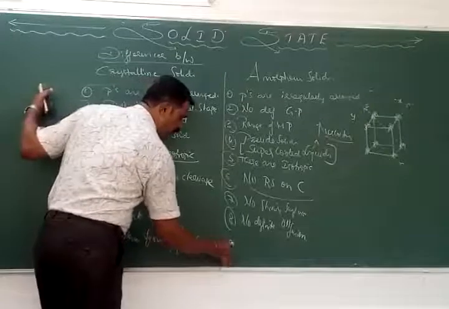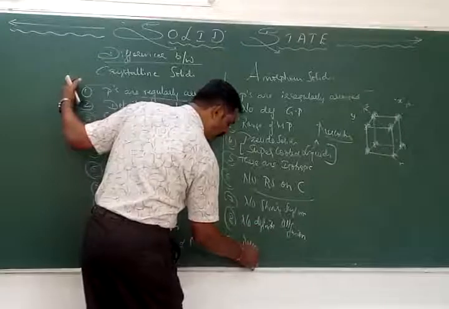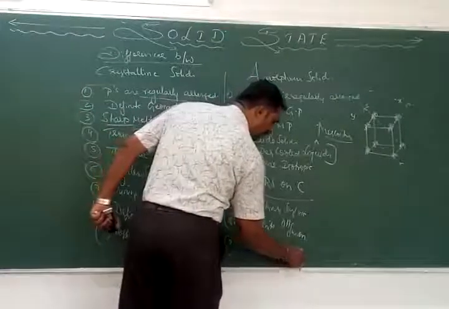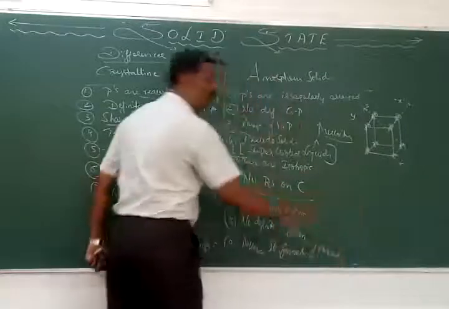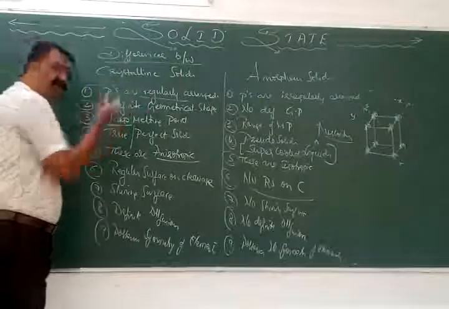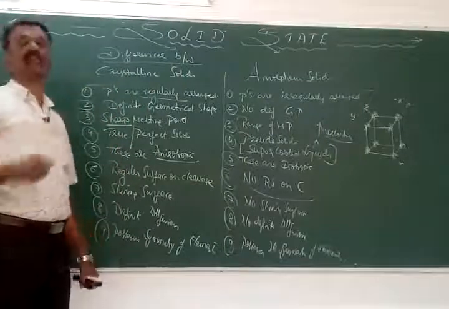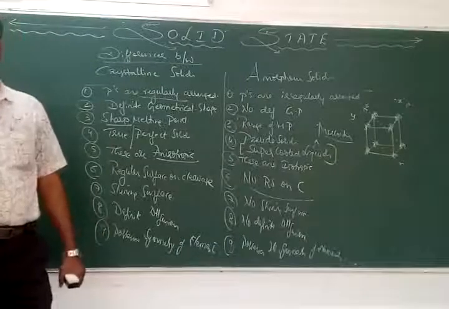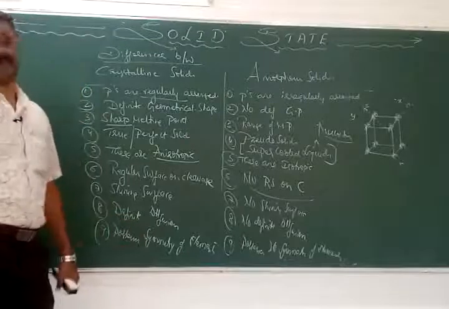So here it possesses no symmetry of elements. Symmetry of its elements. The same reason. Symmetry means regular, as if the particles are regularly arranged. If I observe in any direction, it is not the measurement of a property, just the observation of the particles in any direction. If it is going to be the same, it is called symmetry of the elements.